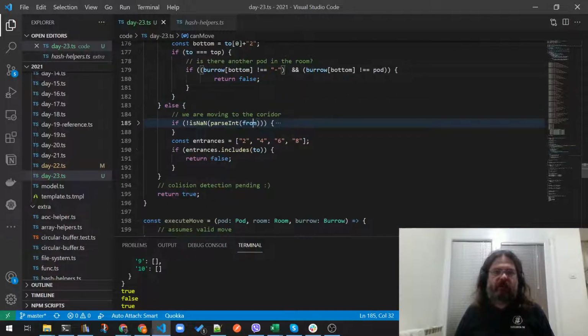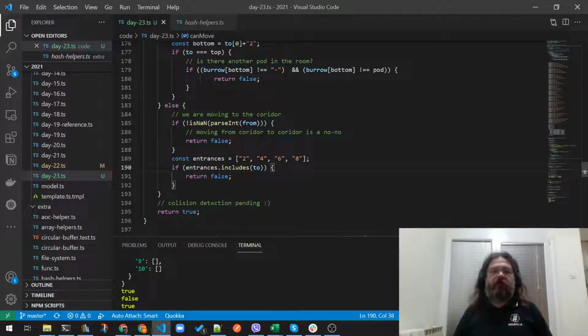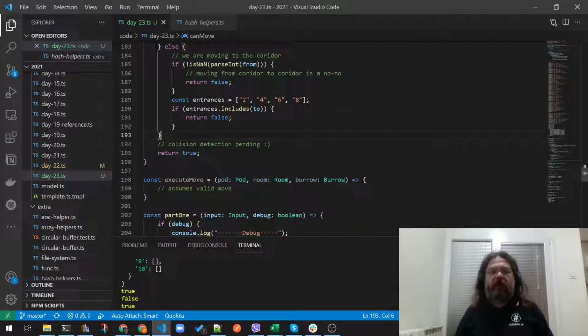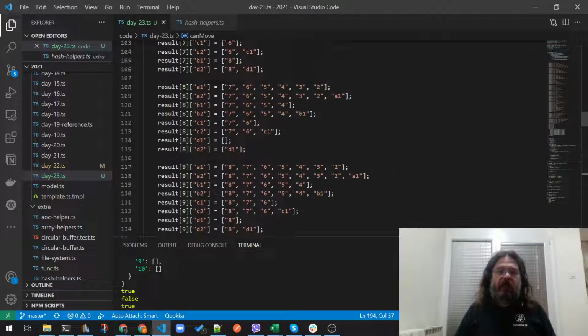And if we're in the corridor, if we are moving to the corridor, moving from the corridor is not valid. Or if we are moving to an entrance of the rooms, 2, 4, 6 and 8, that's also not valid. And now we needed to implement collision detection, and in order to implement it, what I wanted to do is